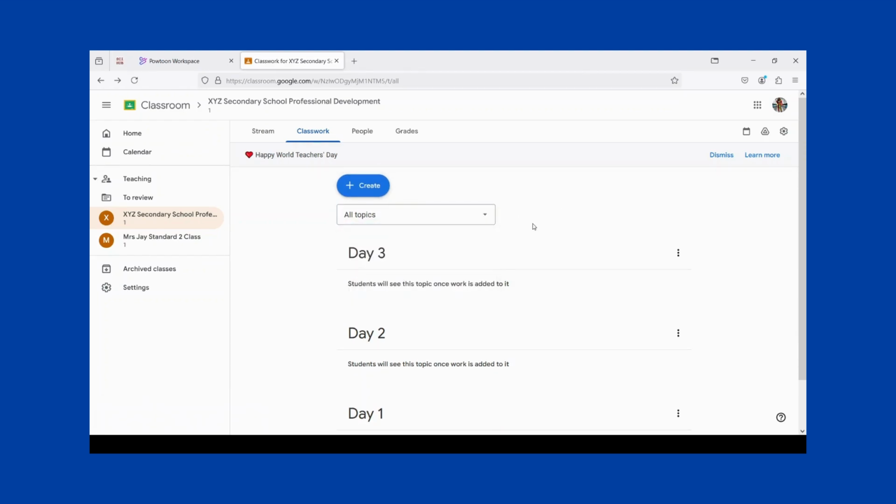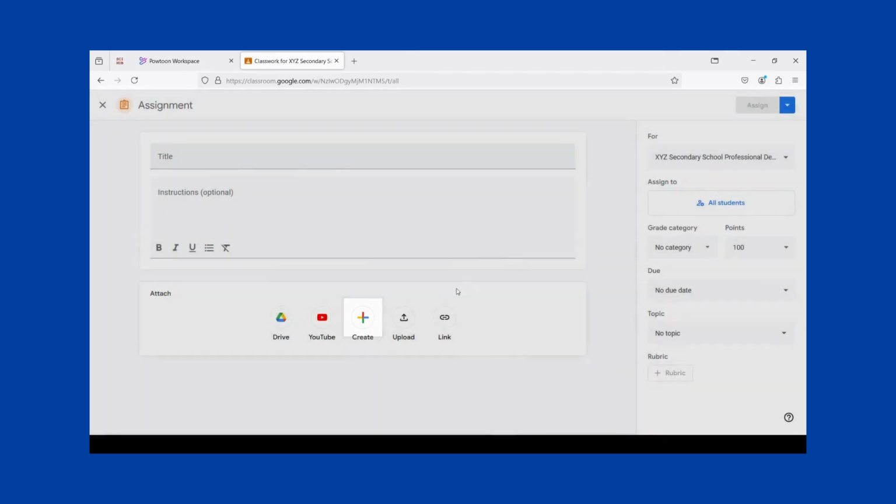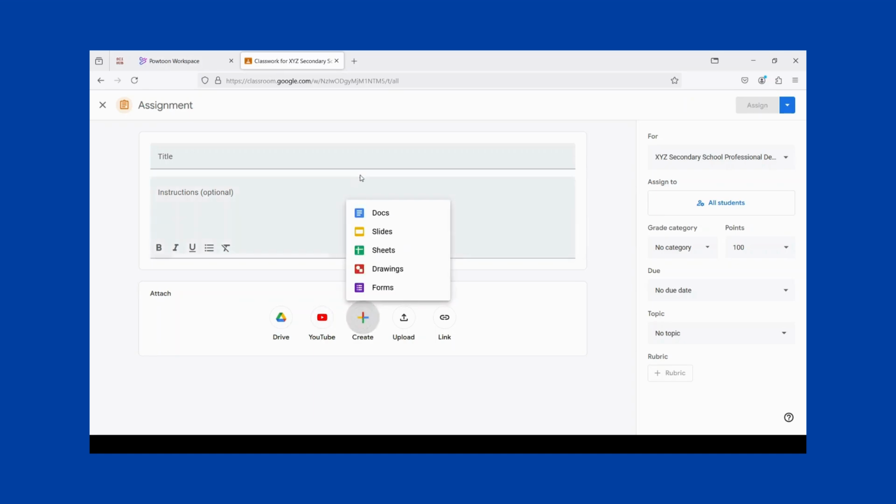So I have all my topics, and let's say I want to create an assignment. Here again it's letting me know that I can create various materials using all of my Google applications. I can add a document from Google Drive. I could add a YouTube video. I could create a document using any one of these, or I can upload, or I can use a web link. So let's say I wanted to do